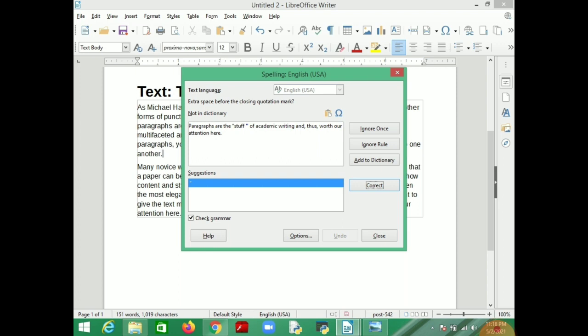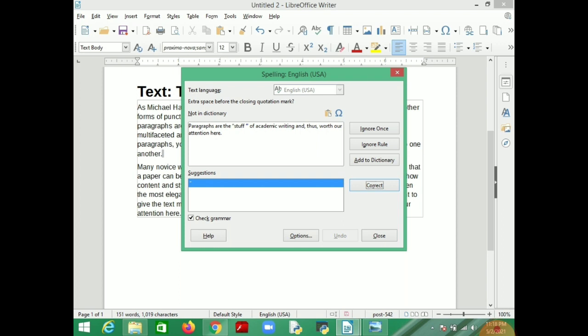In this you can see whatever mistakes in grammar or spellings there are. It will find them and show you in the suggestion box, which is given there in blue line.